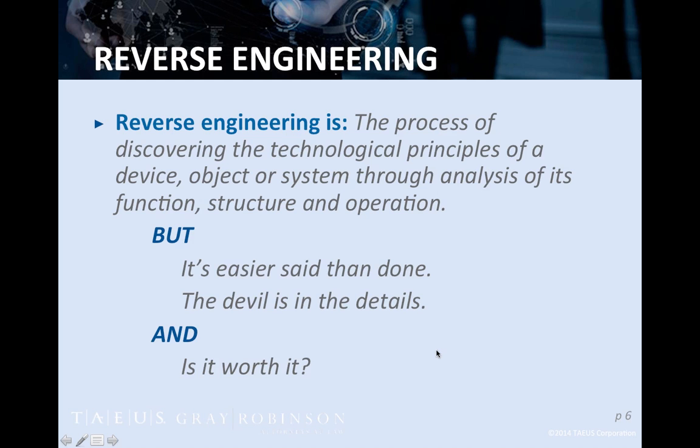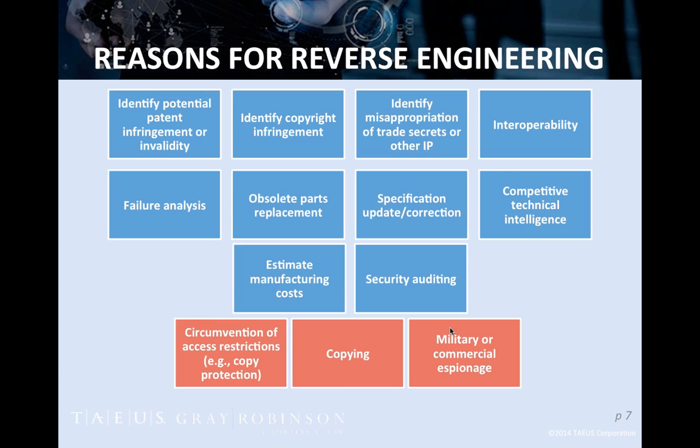Is it worth it? When you're protecting your intellectual property rights and patents, copyrights, and trade secrets, you need to consider the return on investment. Is somebody taking some of your market share, or is it just an emotional situation? It can cost as much to reverse engineer a piece of software as it did to create it originally. The benchmark is 2 to 15 lines of code per hour. Therefore, if you're going to do it, it needs to be very targeted if you're going to use a brute force approach. We'll talk more about that a little later in the presentation.